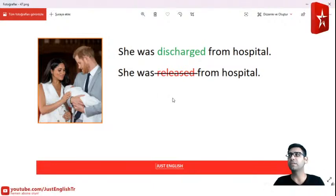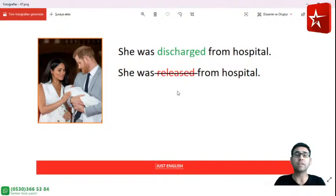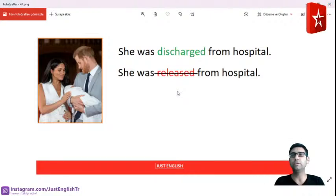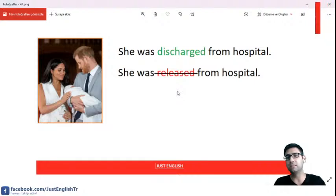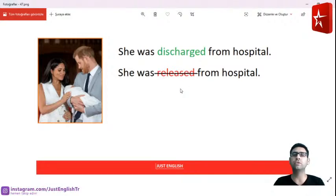It's because, for example, you can release a convict. Let's say you're in a prison and you've done your time. You finished your punishment, penalty, whatever it is. Then you are released. You are being released from the prison. So they are allowing you to leave. Here you're just leaving, but released, they are letting you go. All right. And by the way, we can also use release for